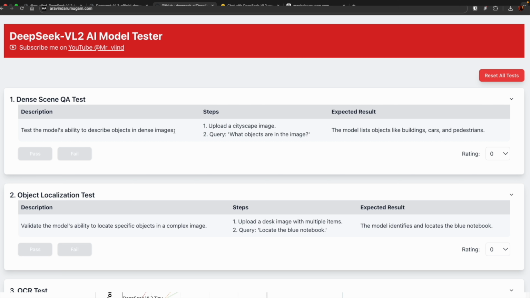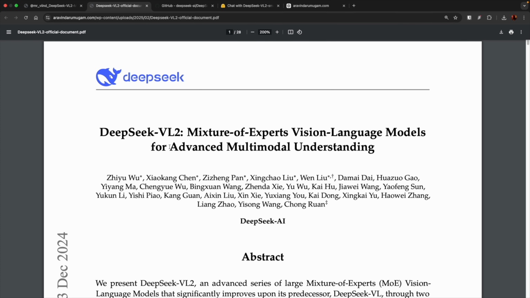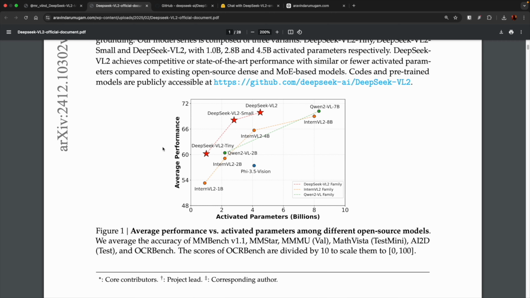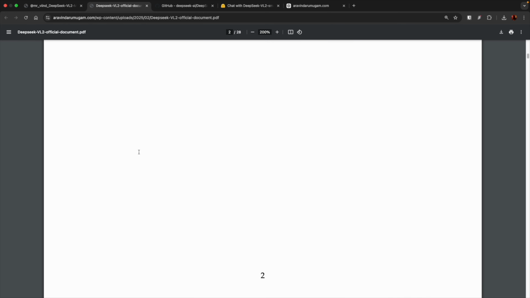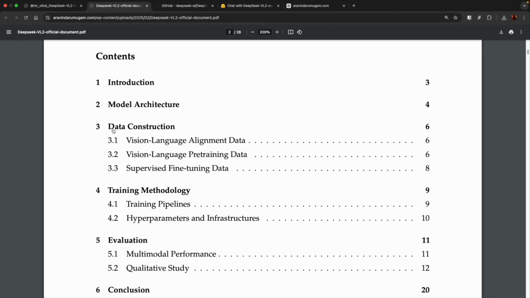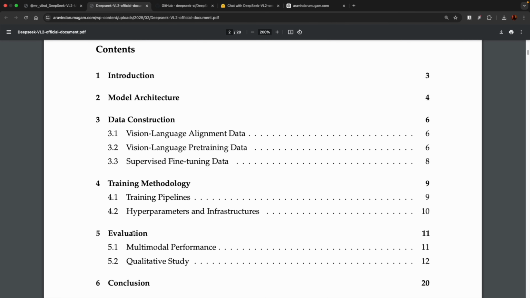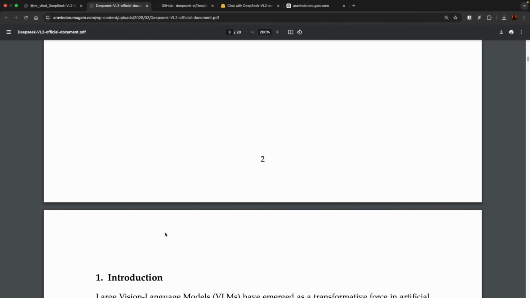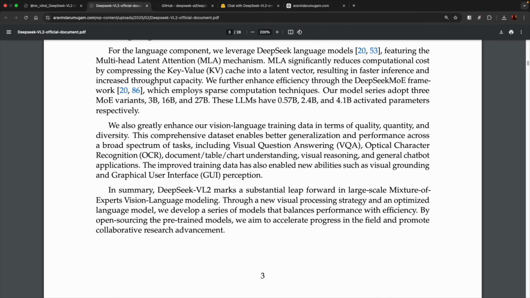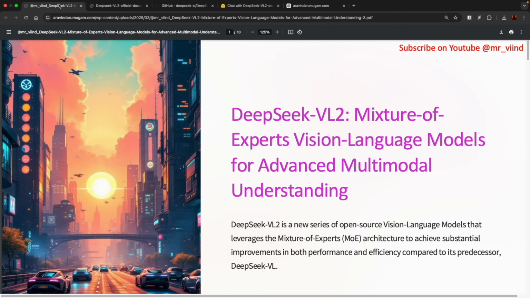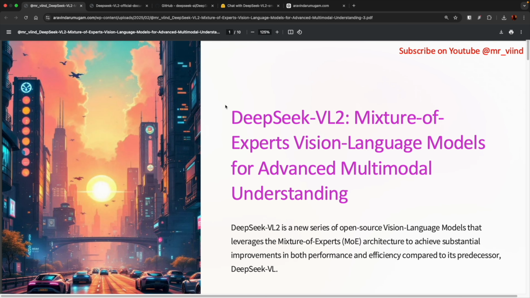I have prepared some test scripts based on the official document which I read about DeepSeek VL2. There's everything about this VL2: its architecture, data construction, training methodology, evaluation, and a conclusion. There is a lot to process here, but I just briefed everything into a small PowerPoint presentation kind of document. So I'm going to go through my slides in this video, which is basically a brief of the original